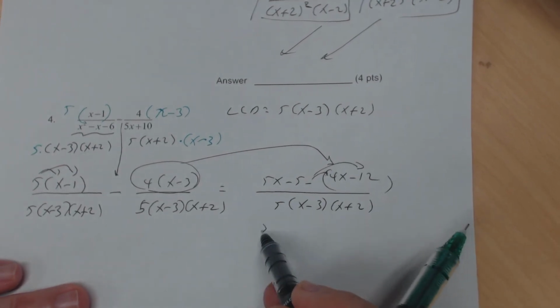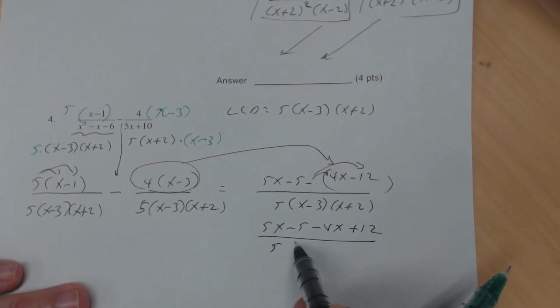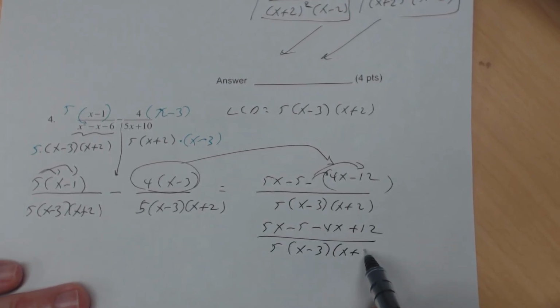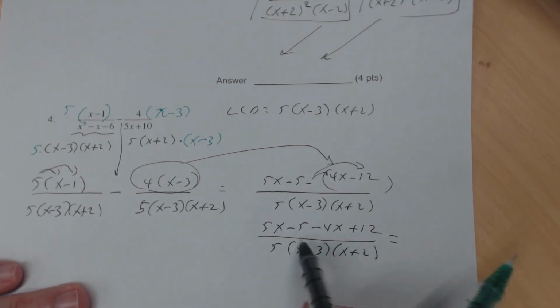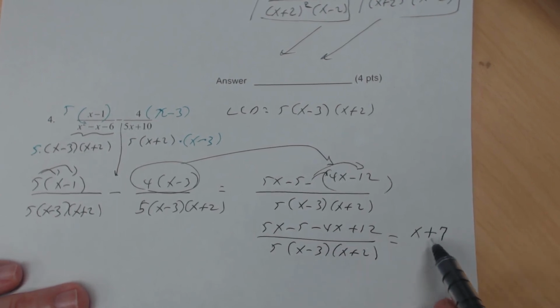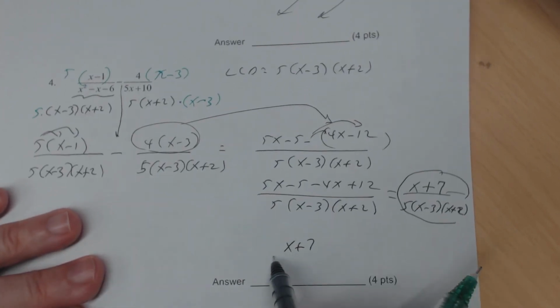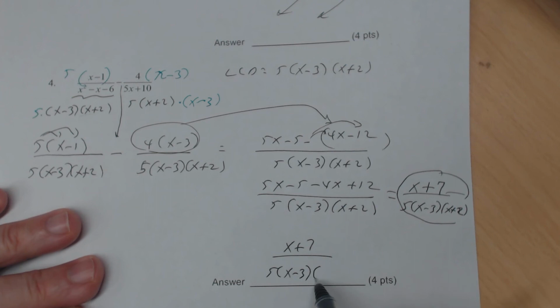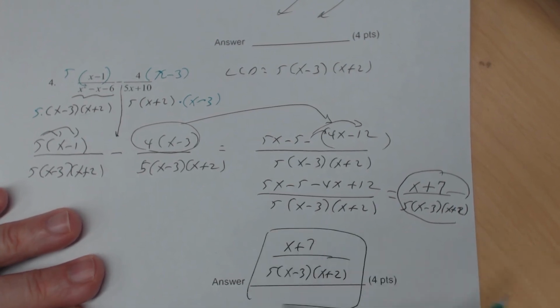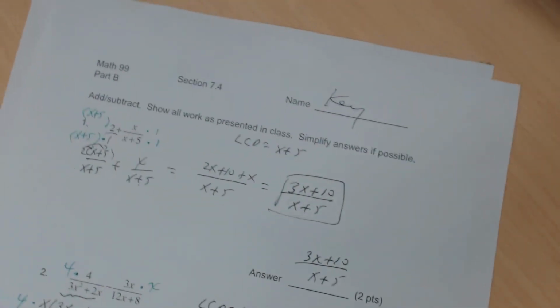So you're going to get 5x minus 5 minus 4x plus 12 divided by 5 times x minus 3 times x plus 2. And then combine like terms, 5x minus 4x is x, a negative 5 and a positive 12 is a positive 7 over 5 times x minus 3 times x plus 2, and that's all you can do. So the answer is x plus 7 divided by 5 times x minus 3 times x plus 2. So that's your answer. All right, so that's the key to section 7.4, part